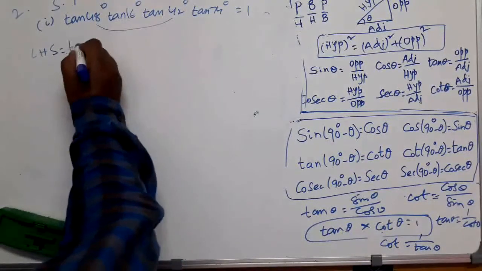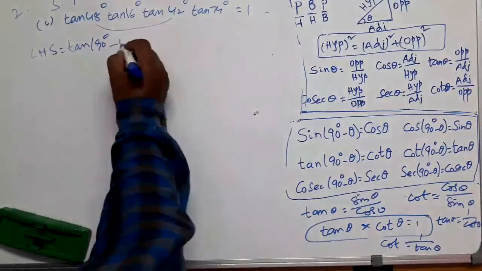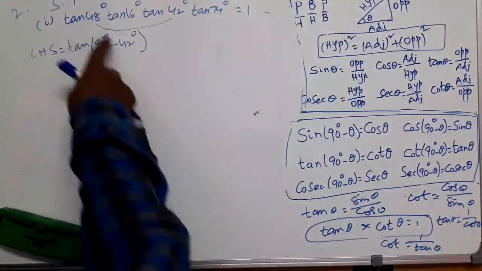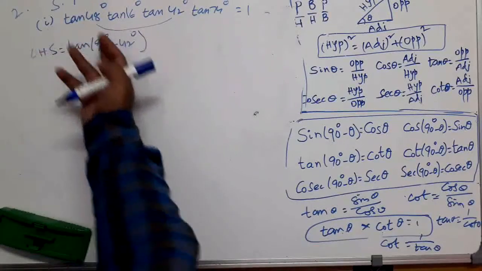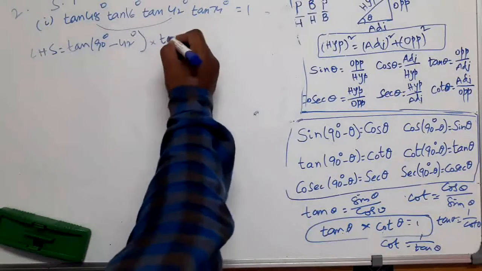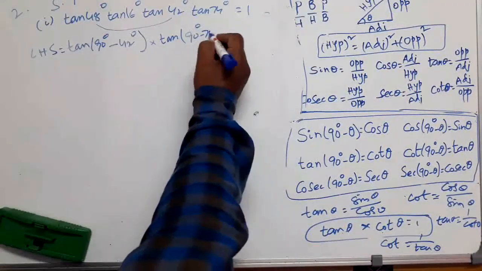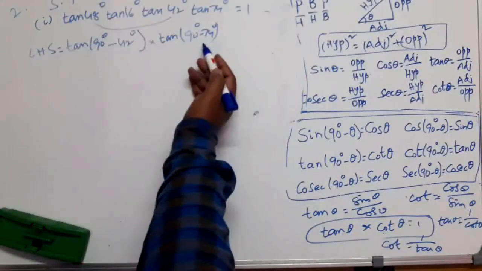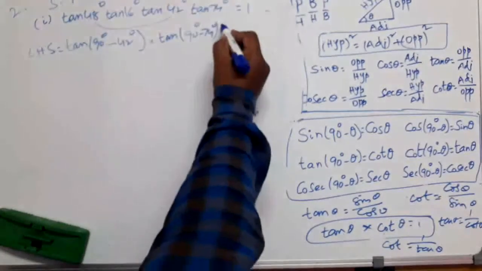See, I am writing 48 degrees as 90 degrees minus 42 degrees. Can I write like that? I can write like that because I am not changing the value. 48 degrees is, of course, 90 minus 42, which is 48 only. In the same way, multiplied by tan of, in the place of 16 degrees, I am writing 90 degrees minus 74 degrees. I can write that now. 90 minus 74 is 16 only. So I am writing this like this. I am leaving the remaining two terms as they are.